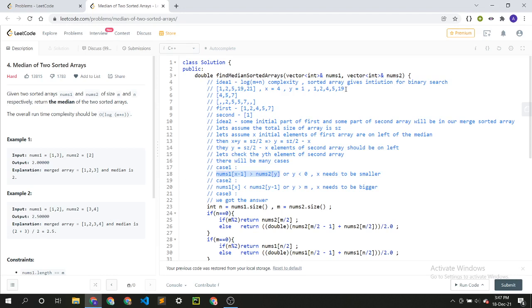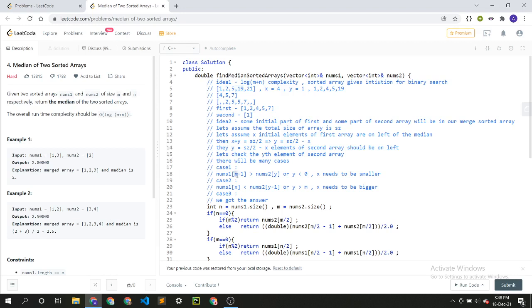If this is the case, we know for sure that these elements are either the median or on the right of the median. That means that 19 should be less than these elements. But if 5 is smaller than 19, then we are doing something wrong. So we should take an element left of 19. We should decrease our x to decrease this last element such that this should not happen. Why should this not happen? Because 5 is on the right of the median or is the median, and 19 is on the left, and the array is sorted. So this is a contradiction.